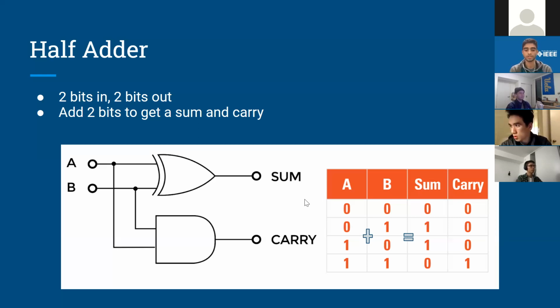So this is just the basic circuit to add 2 bits together, and it'll give you a sum and a carry. But one disadvantage here is it's called a half adder, because you can't take a carry in. So if you're adding like the second 2 bits of 2 numbers, then you can't take the carry from the first 2 bits on the right side. And that's why we need a full adder,